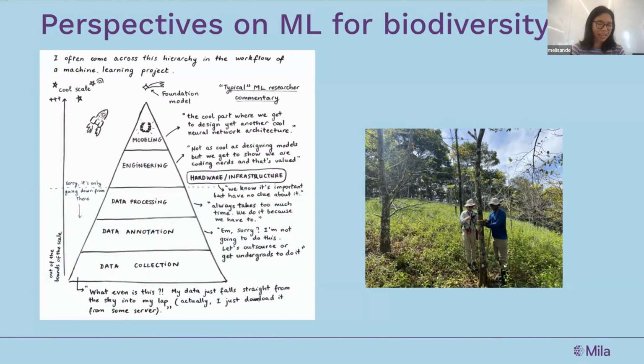We should be a bit more conscious about the effort that goes into data collection, and not view this as solutionism of, okay, we just need more annotation and we just need more data and then our model is going to work. We should adapt our model to the data that we actually have accessible.